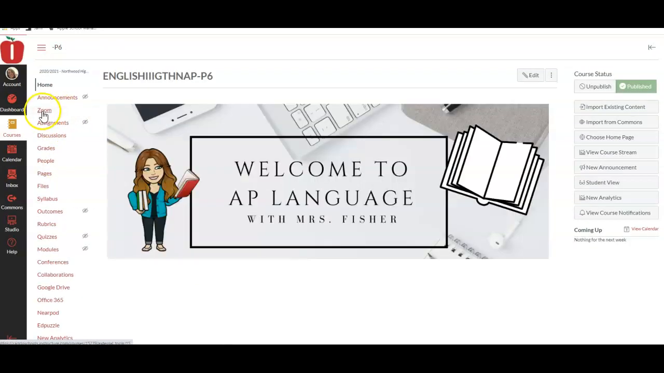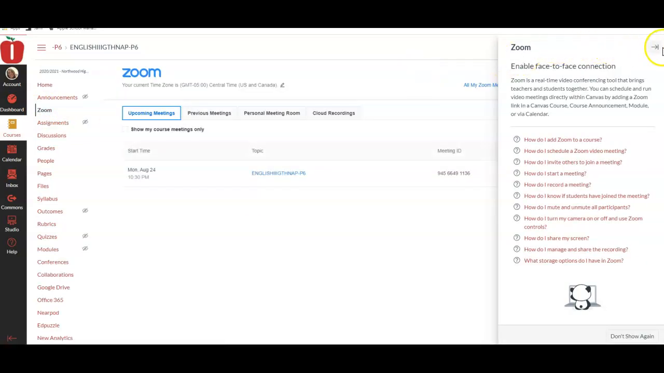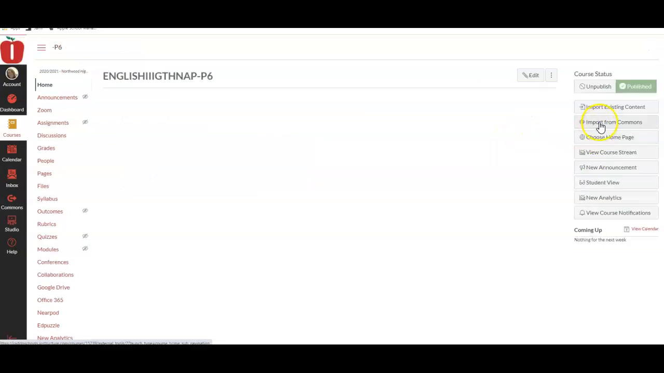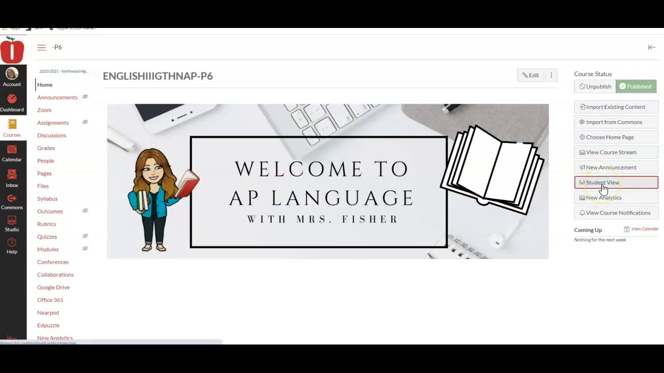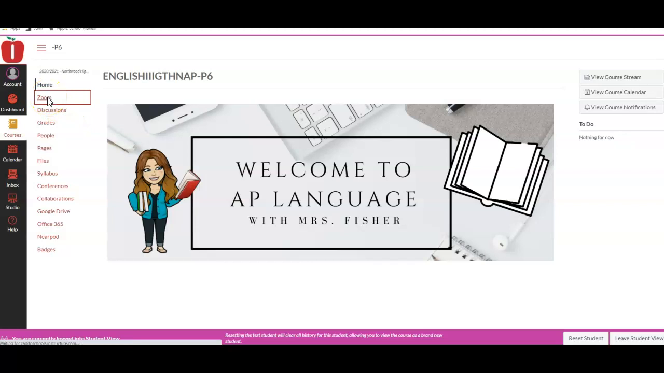So now, when I click on the Zoom link on my course navigation, my meeting is set up, and this is what students will see as well. We can go and look in Student View to make sure, but I would go in and I would click Start to start the meeting. If we want to see what the students see, we would go to Student View, click on Zoom,